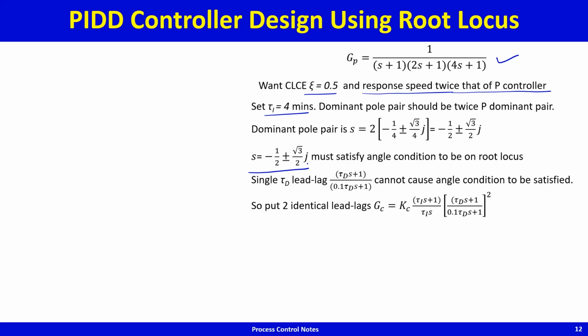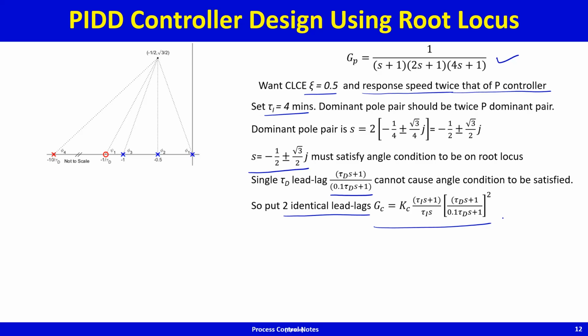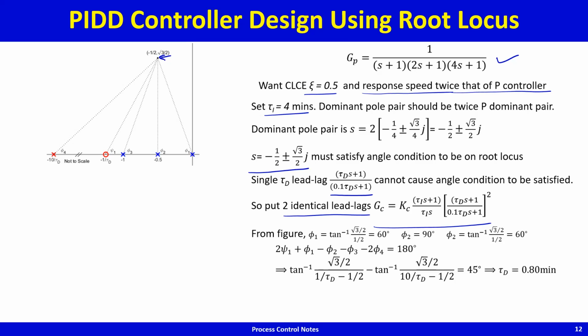As we discussed, a single lead lag of this form cannot cause the angle condition to be satisfied, and so we decided to put in two identical lead lags, and so Gc turned out to be this, and then we invoked the angle condition to force the root locus to pass through minus half plus minus square root 3 by 2 j, to force it to pass through this point, and upon invoking the angle condition we got tau d is equal to 0.8 minutes, and on invoking the magnitude condition we got Kc is equal to